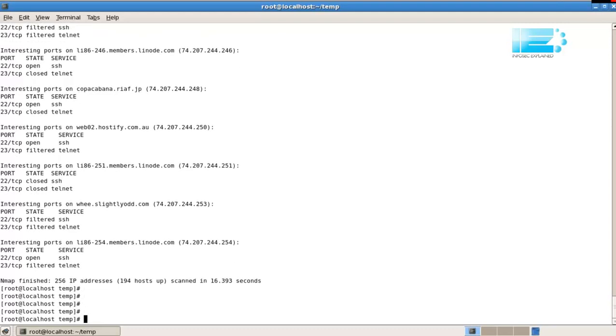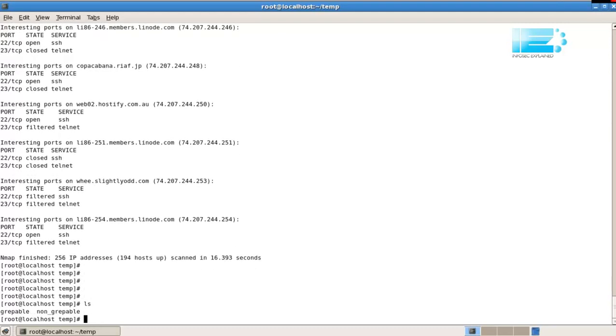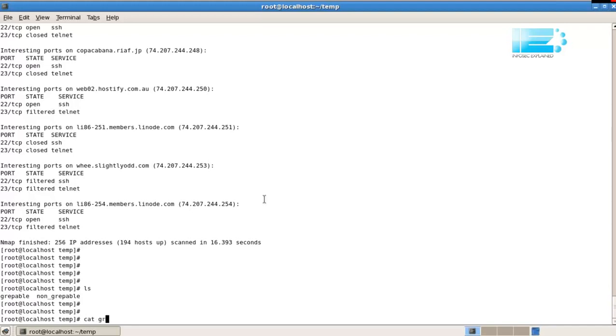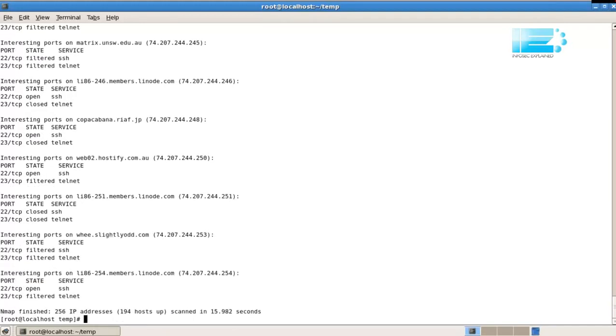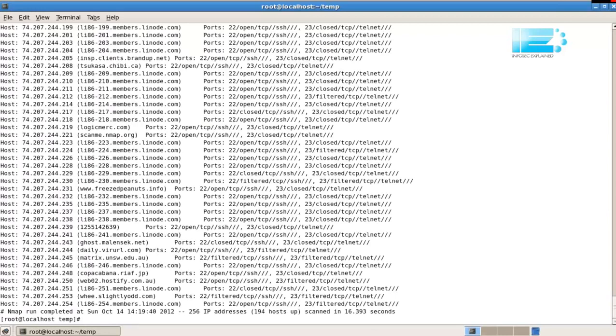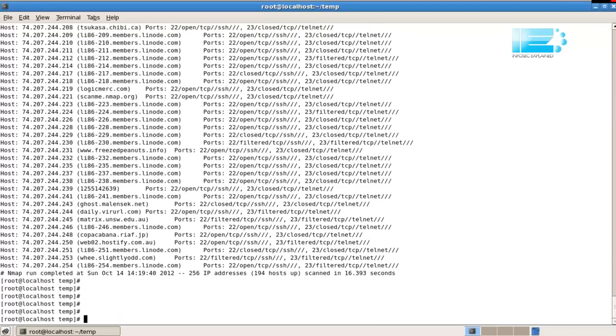There we go. Alright, so ls, greppable and non-greppable, cat, non-greppable, that's what it looks like, cat, greppable, that's what it looks like. Now the difference is, if I want to show only the IP addresses or the hosts of the hosts which have 23 open. Let's go 22 open, there's more of those. So altogether we have 194 hosts, but if I say